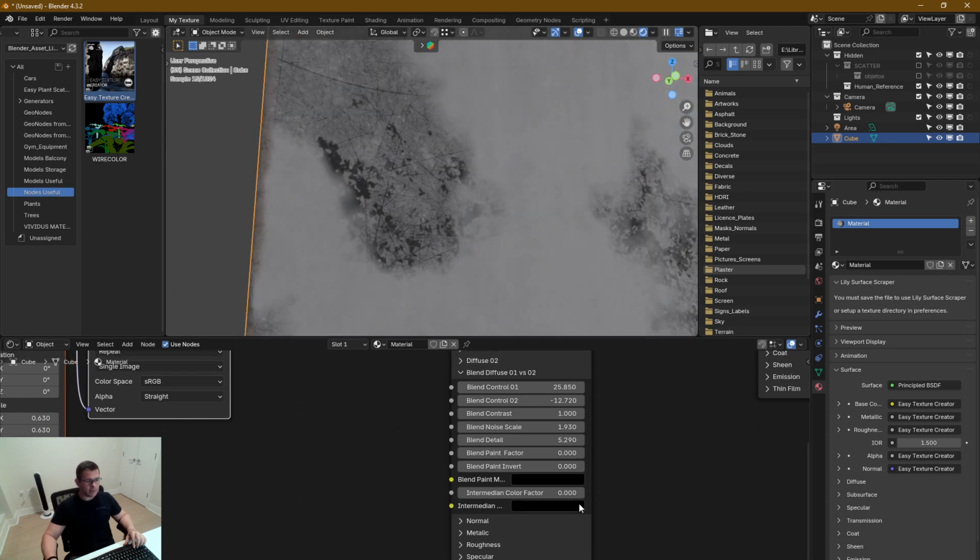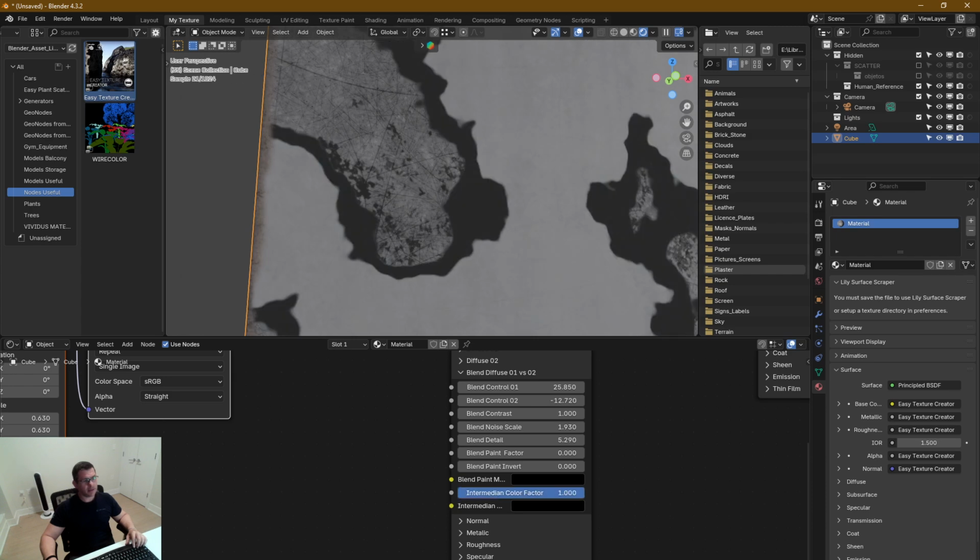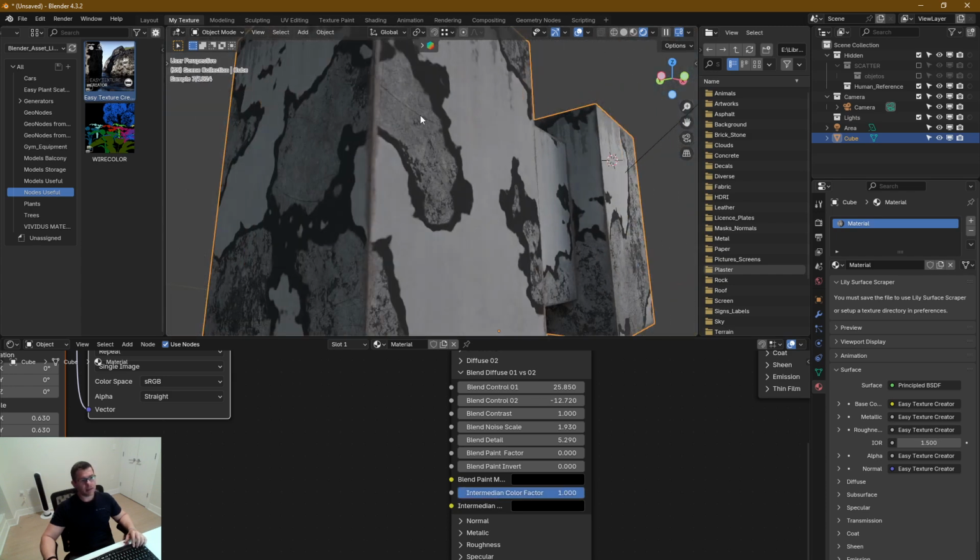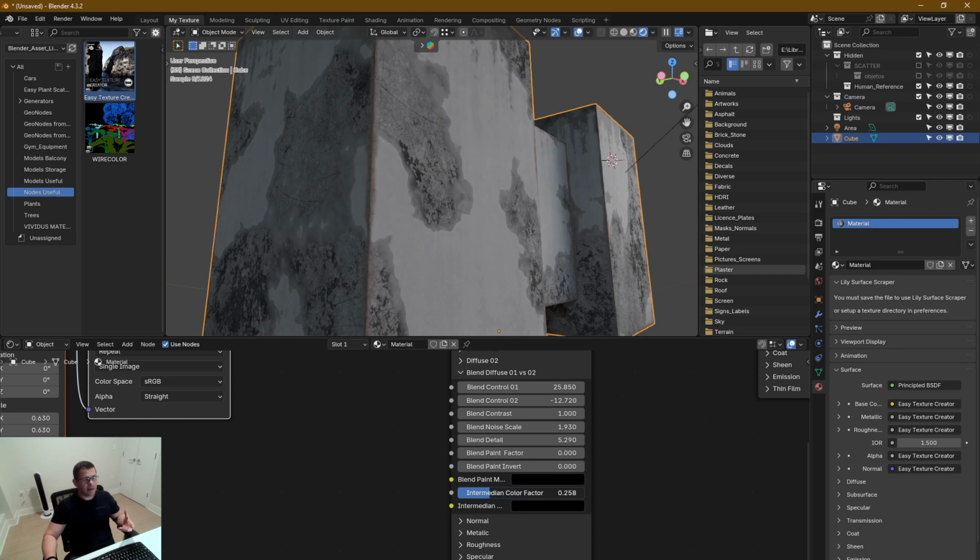And also intermediate color is the color that's going to be affecting more or less the edges between the masks, okay, between diffuse 1 and diffuse 2. And you can see this by doing here, okay. So this means that it's taking into account this area, which is the area that is more blending between both, and adding an extra texture. And you can add this extra texture here, okay, to get some nicer effect. Okay, right now I'm going to leave it like this, okay,